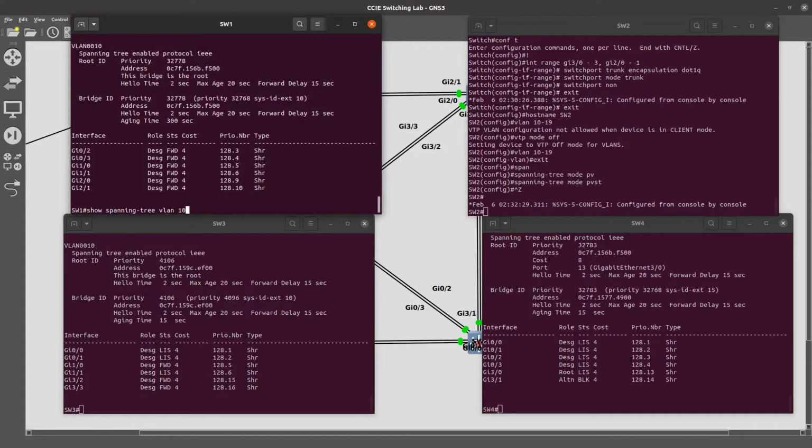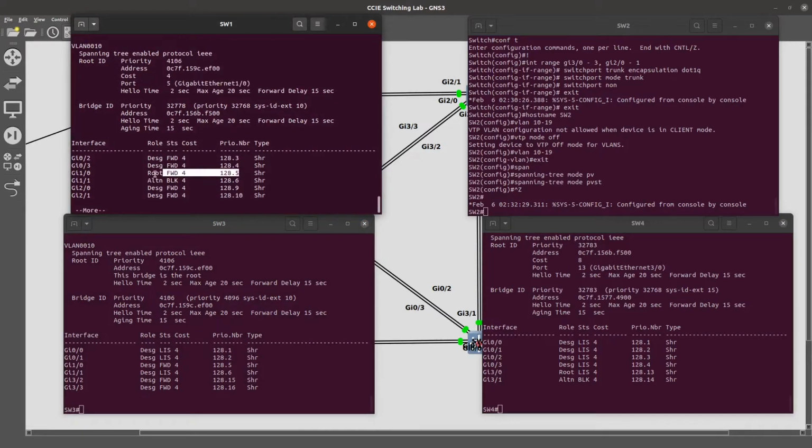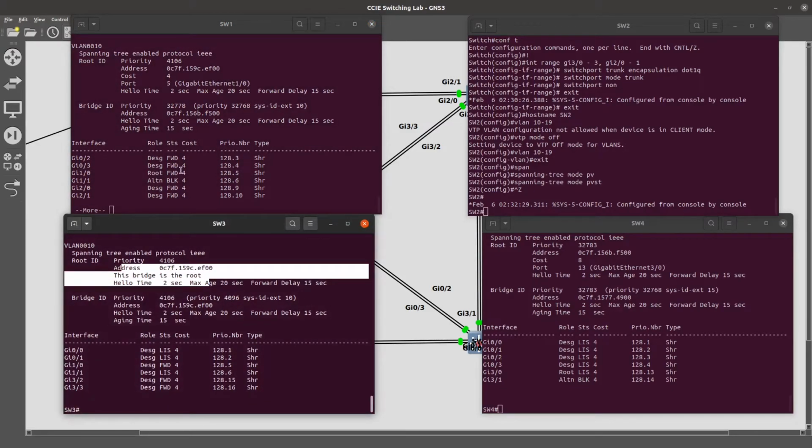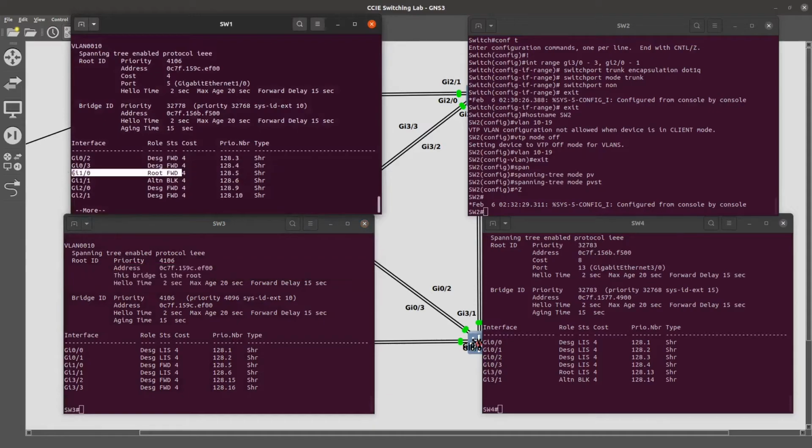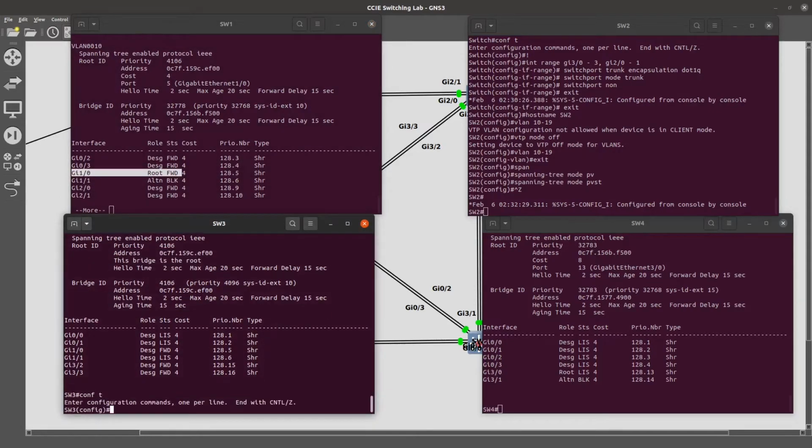So now if we go up here, do show spanning tree, boom. We're no longer the root. This guy is, and now we're forwarding to our root, on gig 1/0. So that's how easy spanning tree is to manipulate, guys. If you want to make another switch the root. Some other things you can do. So let's say